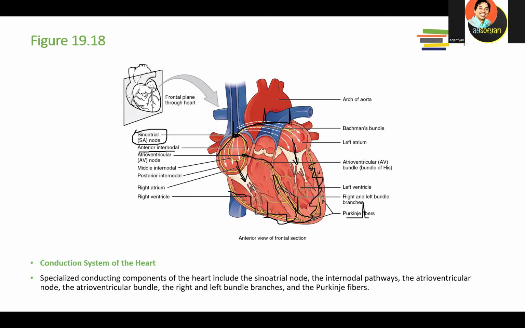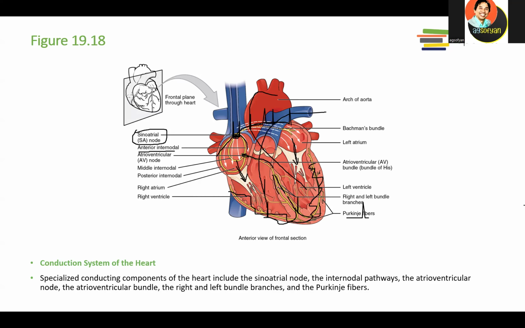And this is the time when they push the blood into the aorta, if it is coming from the left side, going here. If it is coming from the right side, it will go to the pulmonary trunk, go to the lungs. Okay, so this is how this electricity or conduction or contraction starts in the heart muscle. Again, this is auto-rhythmic contraction. It starts by itself, starting from the SA node.